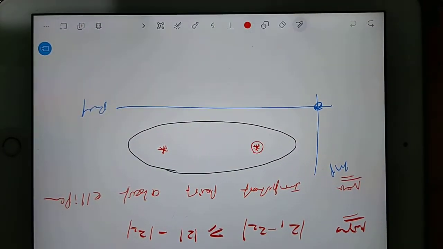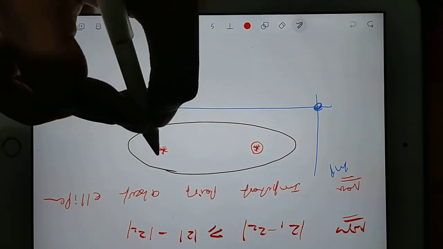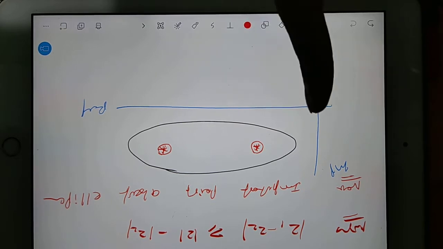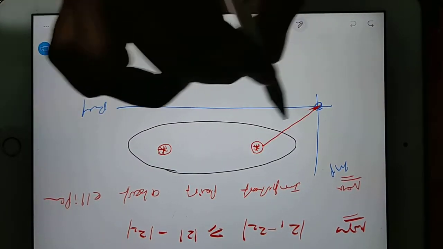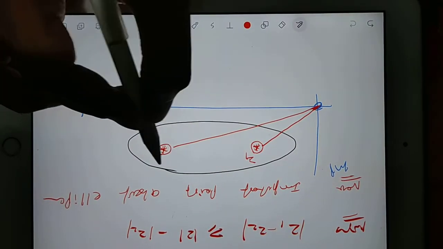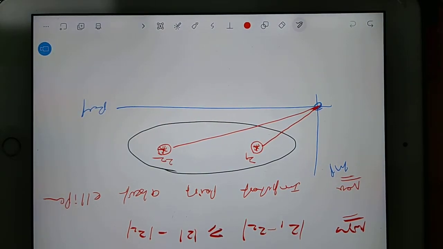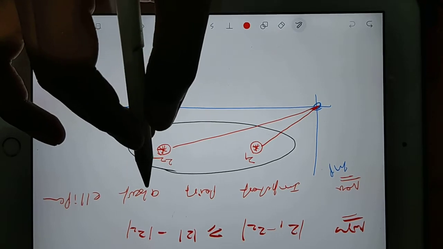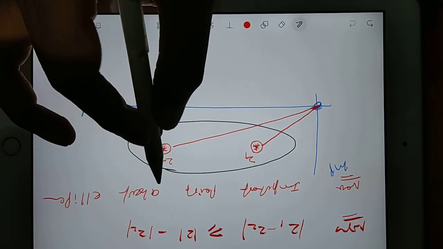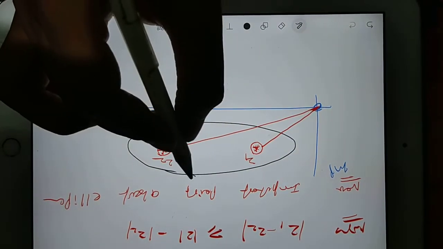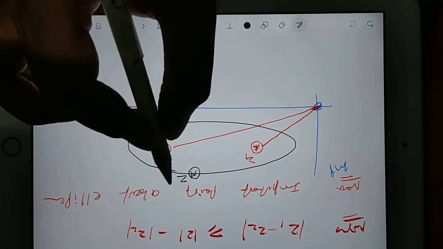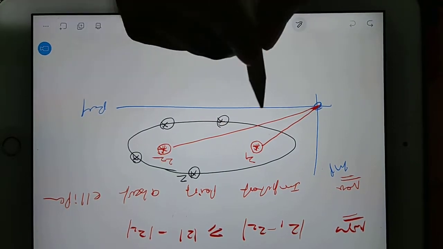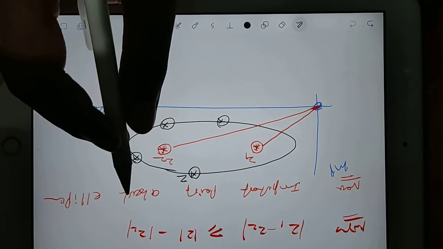So this focus will be having a particular coordinate, and this focus will also be having a particular coordinate. So with the help of that coordinate, I can find out this complex number and this complex number, which I am calling Z1 and Z2. So in this you will be having major axis also, minor axis also, right? So if you consider any arbitrary number here, that is Z, because anywhere you will be having another complex number, right? Anywhere else another complex number, that complex number I will represent with Z.